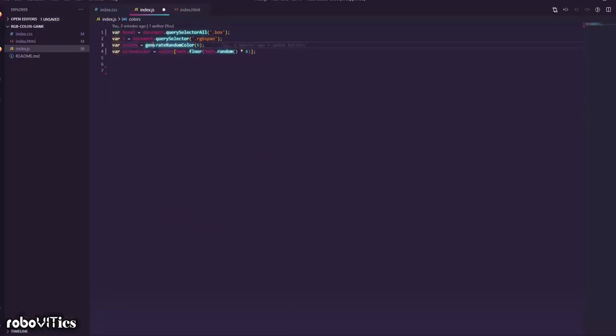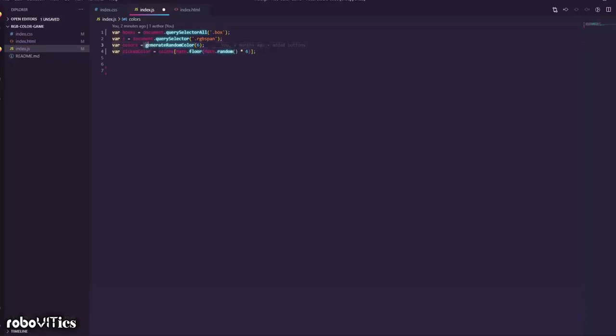Then we do colors equal to generateRandomColors of 6. We are going to define a function later on in the code, and we'll see that code over there. What a function is, it's a bit of code which runs and returns something. It need not always return, but will return in our case. So we'll pass it an argument of 6 and it returns an array of random colors and saves it in colors. So this colors would save an array of 6 different colors.